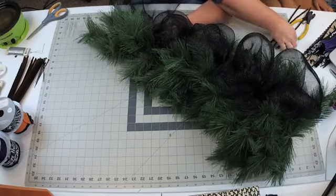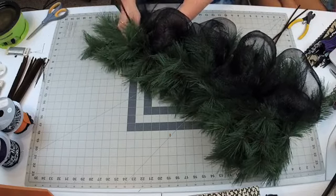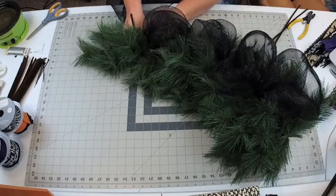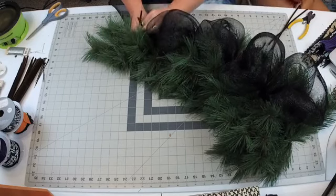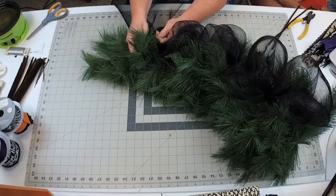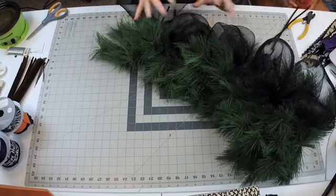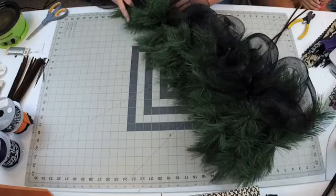All the way down. And I just wrap it around the mesh and the branch. And then you do have to pull real tight and twist so that that's not going to come off, and give a couple of good twists. And then down here at the bottom,